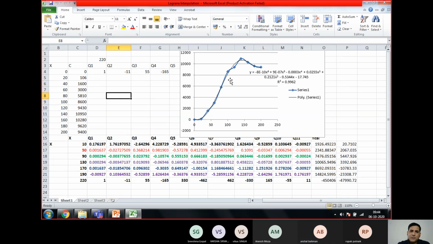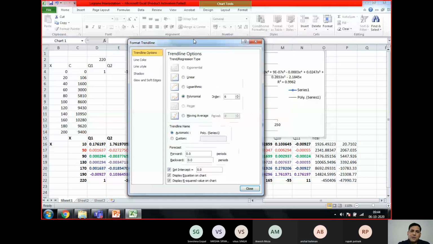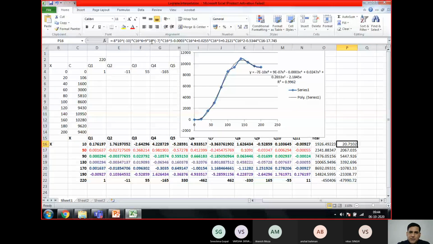So let's format this. In Excel you have other options. In this case your intercept was 0, so you can force it to 0. Click here and you have just forced it. Your intercept must be 0. Yes, sir, that's what you have forced. Now this is your other equation. What has changed from the previous one, you have to see. In the previous one you had -7, now you have 7 here.